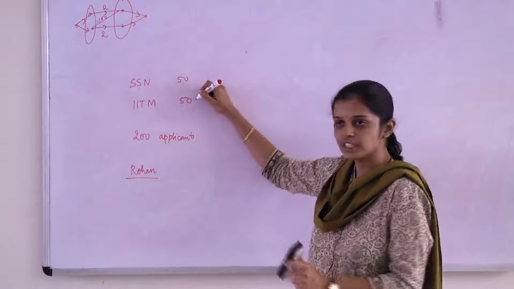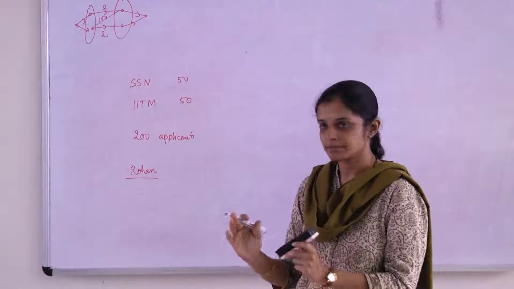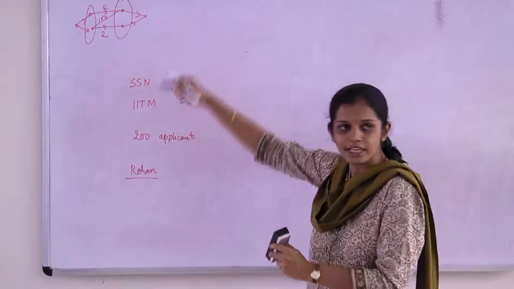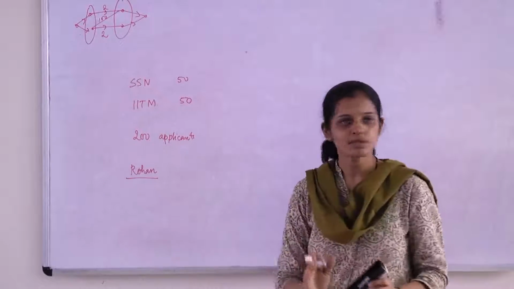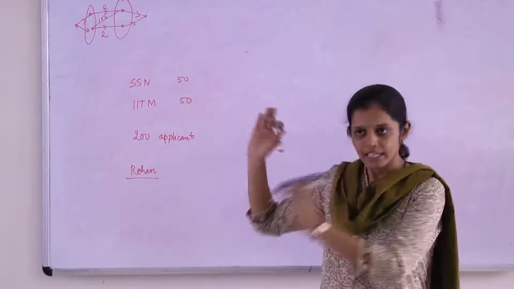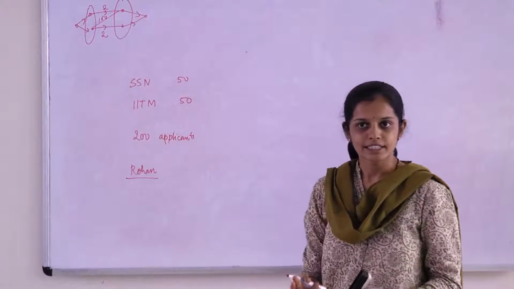Similarly, all 50 students who have been admitted into IIT Madras are actually favored, better ranked in the IIT Madras ranking list than this Rohan. If this is true, then yes, he'll be disappointed, but he cannot do anything because indeed everything has been done in a fair manner. Is this clear?